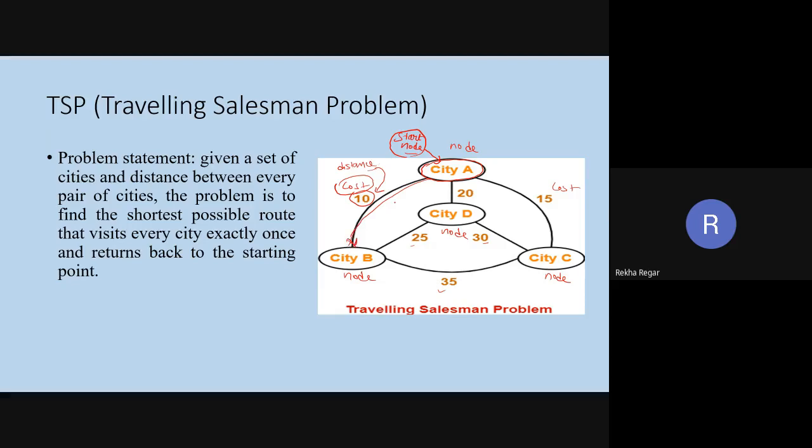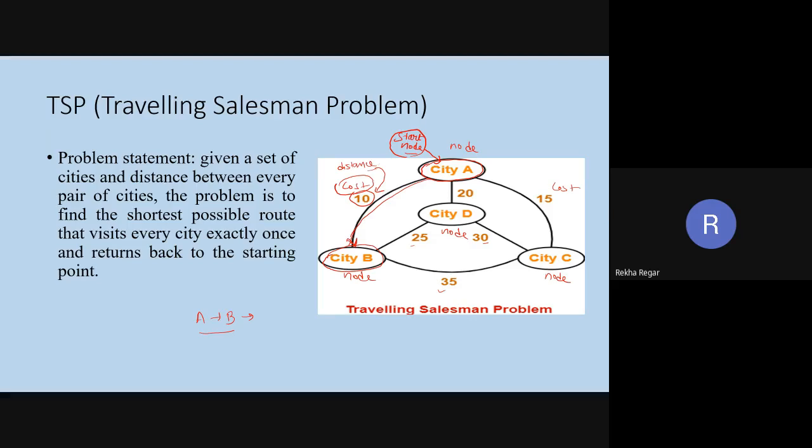So now how many cities are covered? One is A, and one is B. Now on reaching the point B, how many possibilities am I having? Yes, guys, on reaching B, how many possibilities do I have?